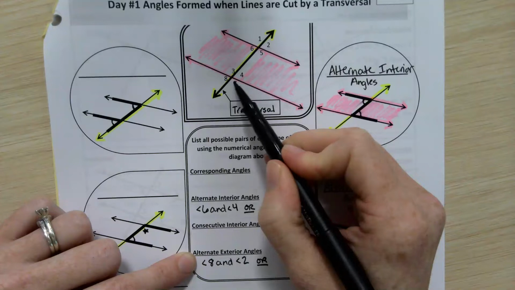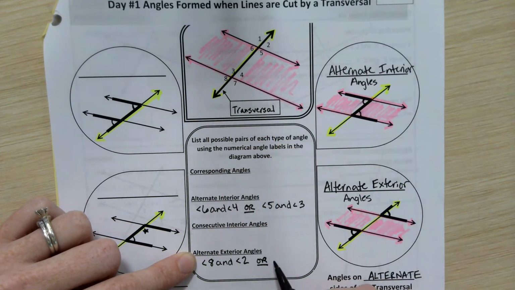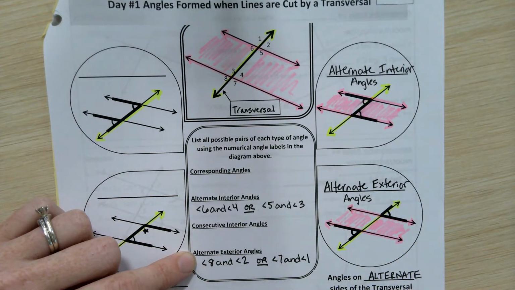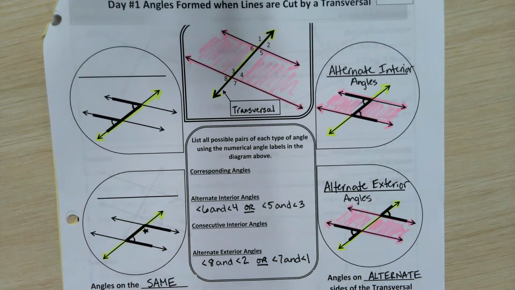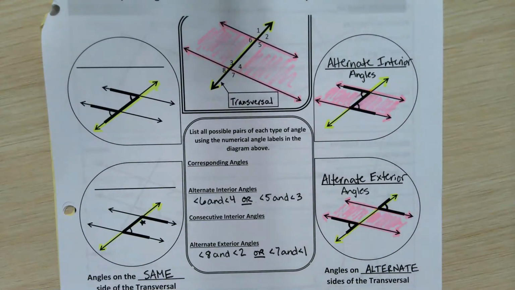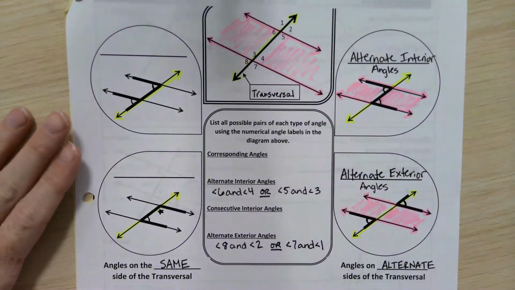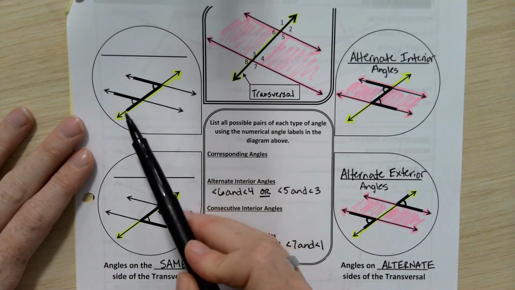Or angle 7, slide up that transversal, go all the way to the exterior on the opposite side, would give me angle 1 to pair up with angle 7 to make alternate exteriors. So those are the two types of angles that you're responsible for when we are dealing with alternate sides of the transversal. If we slide back over to the other side, when we're dealing with angles that are on the